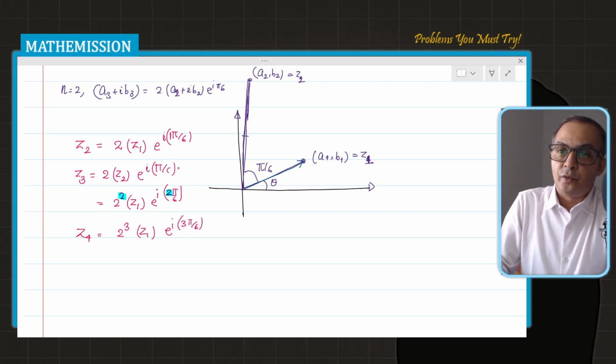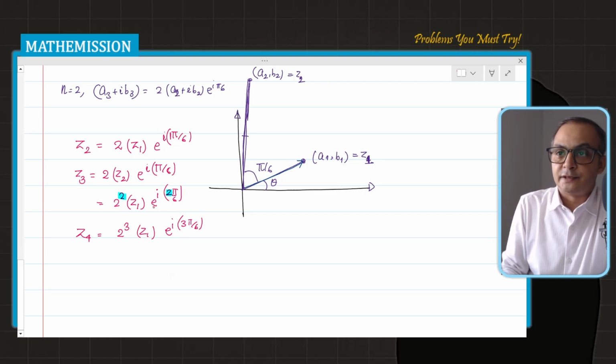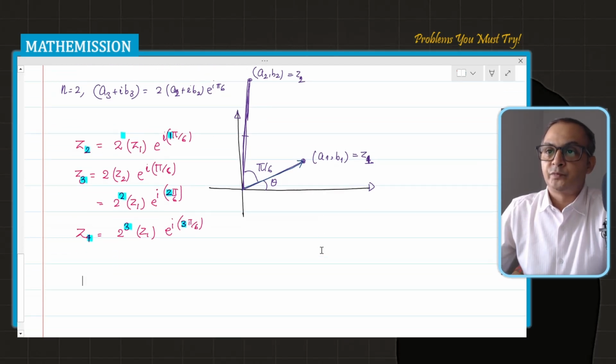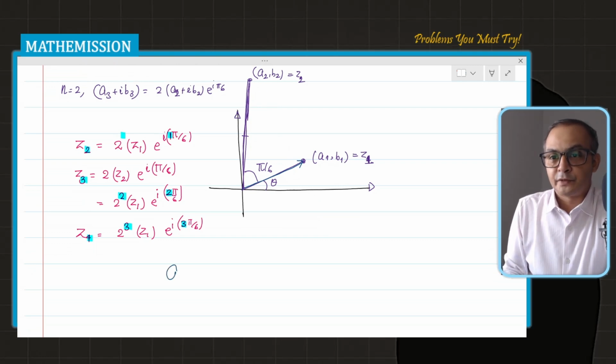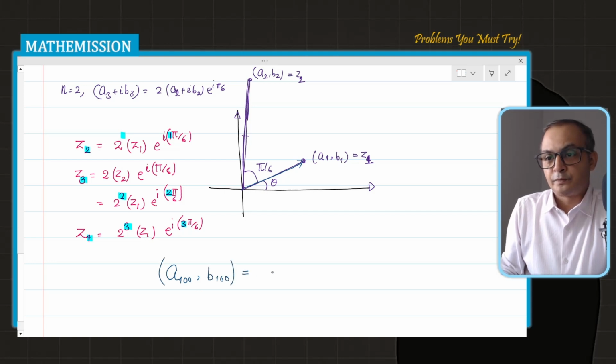This is the way the pattern is moving. This is here 3, this is here 3. So when we relate this to power 1 and then 1 here, then 3, then their power here is 2 and there is 2, and here subscript 4, 3. So I have to find the A100. So to get this, the A100 comma B100 is equal to 2 to the power 99, because there's 1